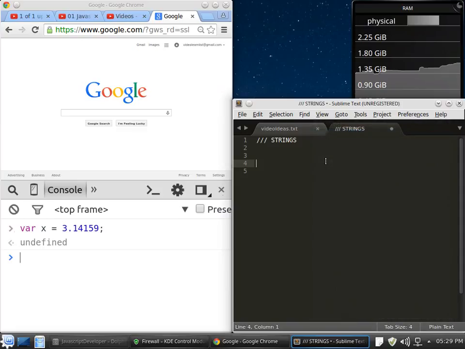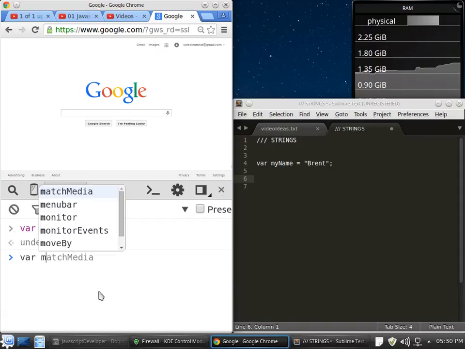Alright, so let's talk about strings really quick. The way you define a string is you just simply make a variable. Again, always use this var word. It makes things local scope. Let's just say always do it for now. And today's strings, you can define a string. Okay, the cool thing over here, let's do it in our web console,